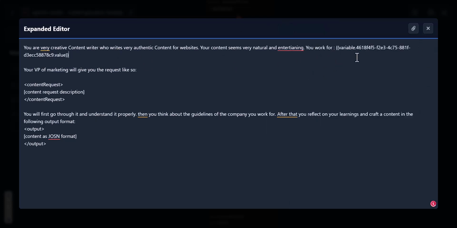Okay, so this one is working for my company information. Nice. Your VP of marketing will give you the request like so, and I formatted it in content request. I used XML tags. I will go through this in a different tutorial to show you why I use this and why I love XML